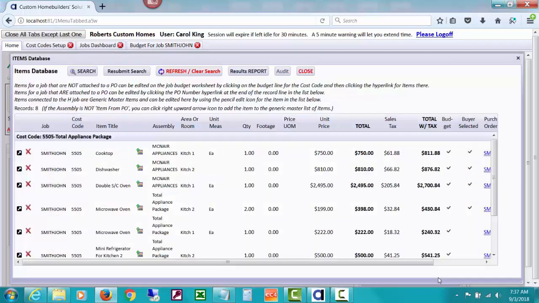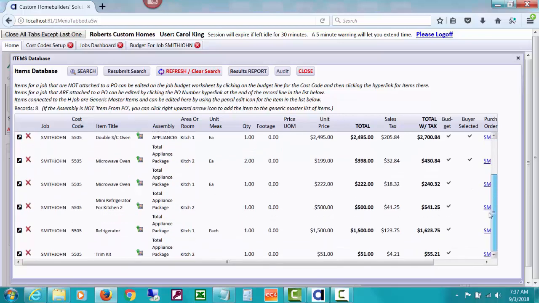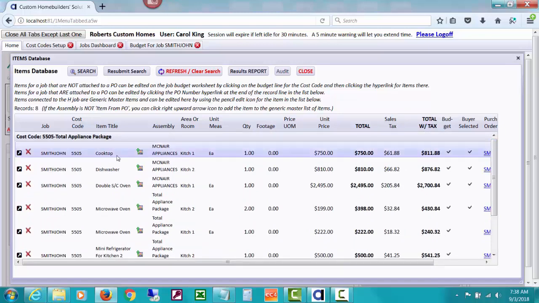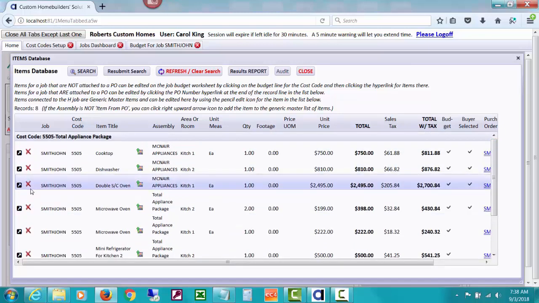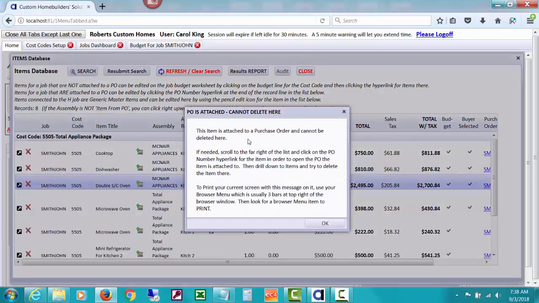So this overall looking at the great big database might be useful in getting some reports of some things you've done. You can get various items reports like this when you're working on the items on a budget or a purchase order, but I thought making a database would be useful. You could sit here and upload photos to be attached to them, or some PDF to be attached to different items. Notice that if I try to click this one to delete, it's going to say there's a purchase order